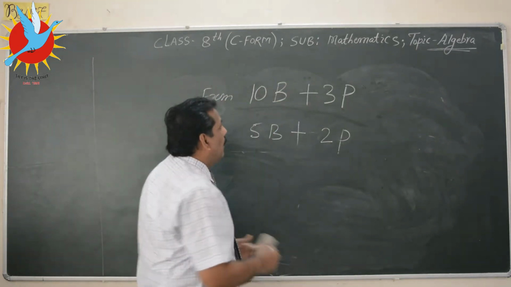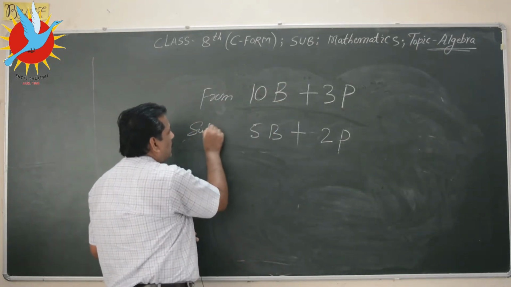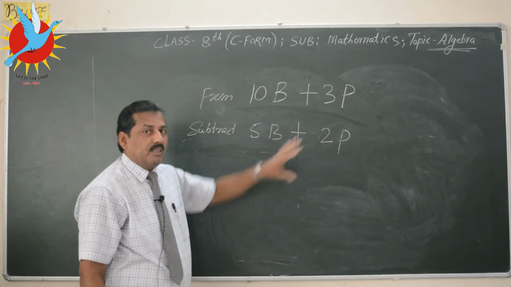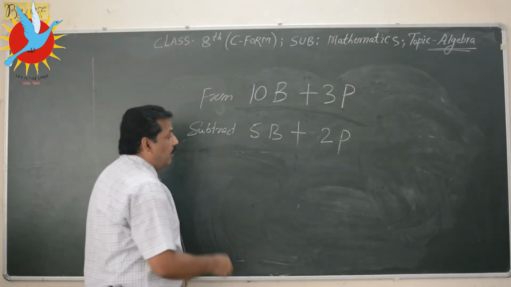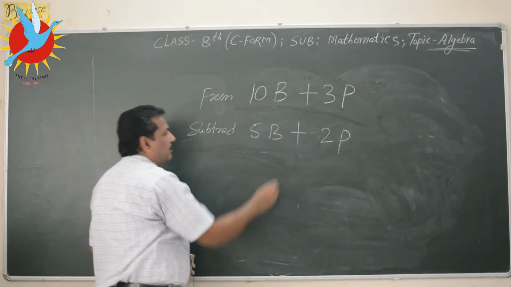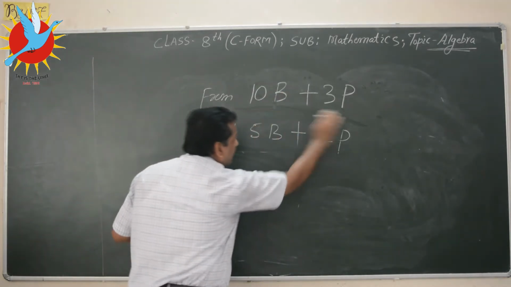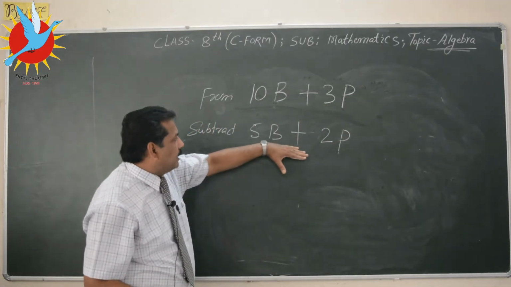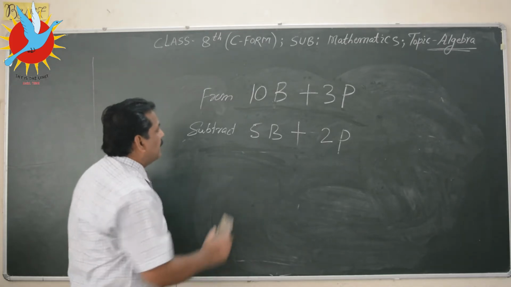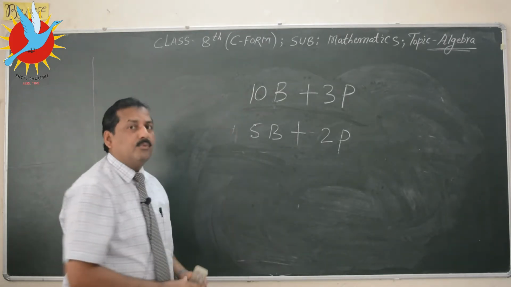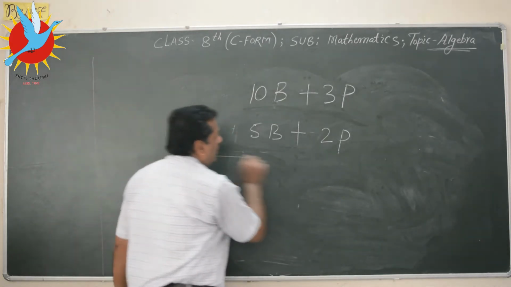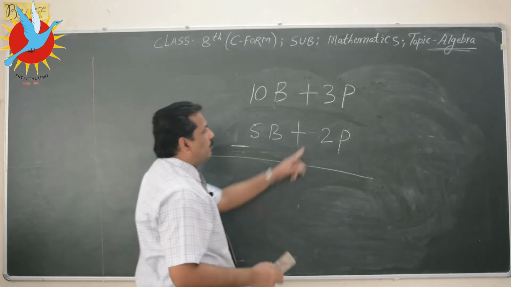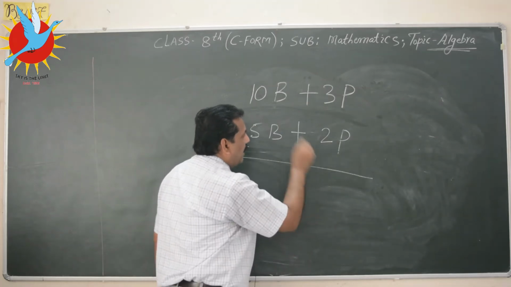So from this, subtract this, means this is to be subtracted. So what is the rule? Write the first part, as we have written here, and whatever is to be subtracted you write in the second row. So we have written. Now what next? We have to reverse the sign. So the sign is plus here, we have to change it to minus. The sign is plus here, we have to change it to minus.